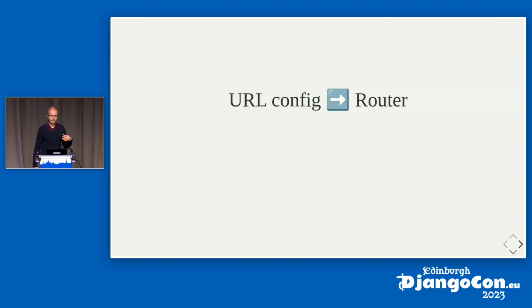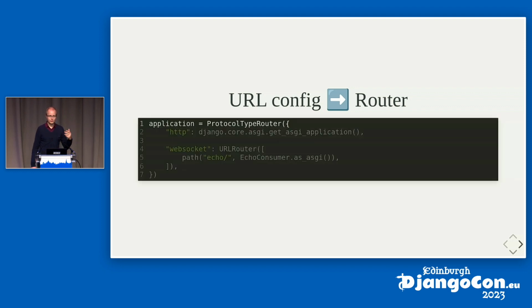We also move from Django URL configs to routers, which is basically one layer higher where we can route incoming requests based on the protocol. And if they're HTTP, we're just going to pass it to the standard Django URL stack. And if they're WebSocket, we're going to pass them based on the URL to a specific consumer, for example. So this is what Channels does in moving us to other protocols.